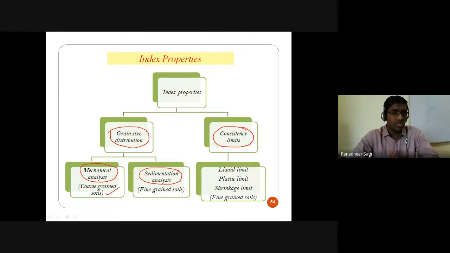For classifying that soil, we require a complete grain size distribution understanding of that particular soil, whether we have large particles or small particles or mixed proportions of particles. In that mixed proportion, which proportion is higher in quantity, whether it is gravel particles, sand particles, silt particles or clay particles. That is what we are going to understand in this complete grain size distribution analysis.